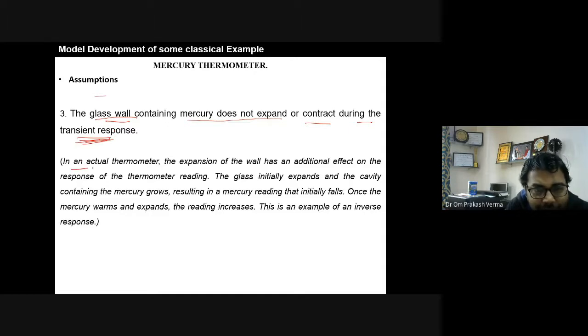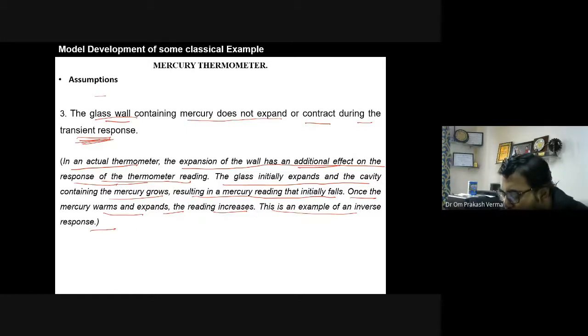Okay, in an actual thermometer, the expansion of the wall has an additional effect on the response. अगर ऐसा होगा, when the temperature increases, 100% the heat transfer will occur on the glass wall also, and this is the additional effect, and this will affect the response of the thermometer reading, right? The glass initially expands and the cavity containing the mercury grows, resulting in a mercury reading that initially falls. Once the mercury warms and expands, the reading increases. This is an example of inverse response. So such a type of system is usually known as inverse response. Okay,